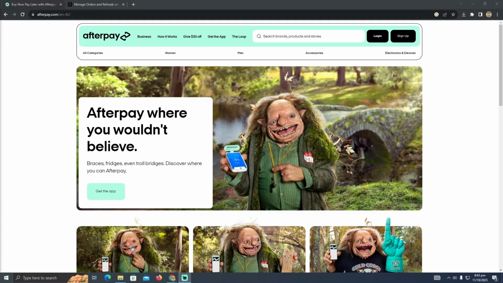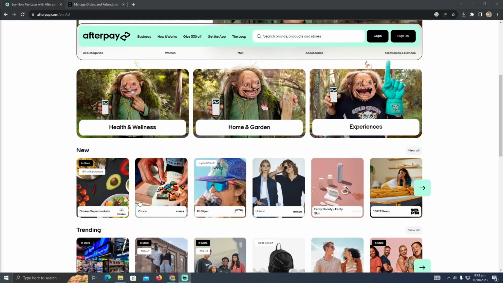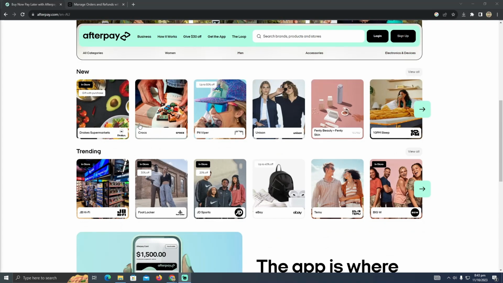Canceling an order on Afterpay is a pretty easy thing to do. Today I'm going to teach you how you can cancel your order in Afterpay. For that, you need to create an account in Afterpay and log in. Currently, in my region Afterpay is not available, so I cannot create an account, but you just need to